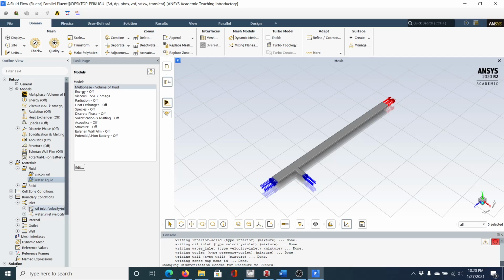Okay, so next thing we want to do is set what's going in what. So the oil inlet,